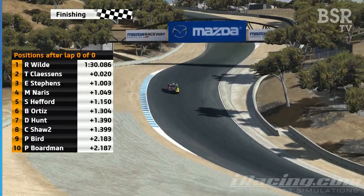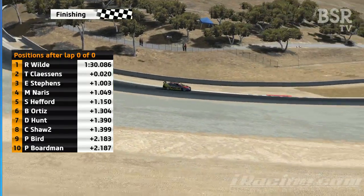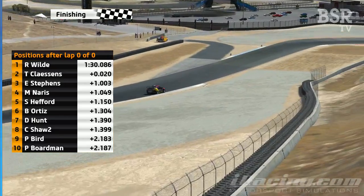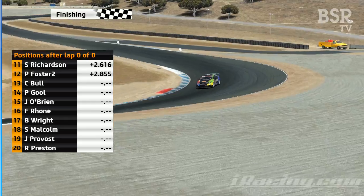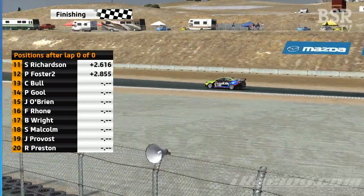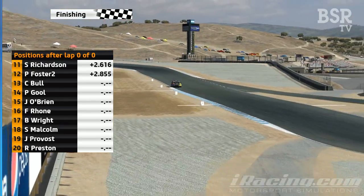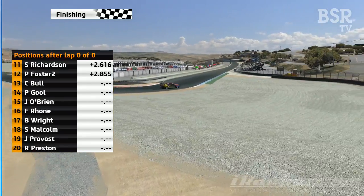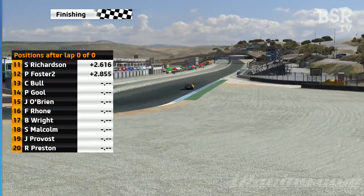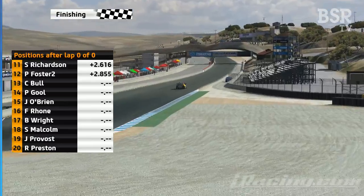Shaw, Paul Bird and Boardman picking up row 5. Come a little bit further down the grid then, Steve Richardson 11th and Peter Foster is in 12th. The rest of the drivers not setting a qualifying time, so they will be put to the back of the grid. We're just getting ready now to